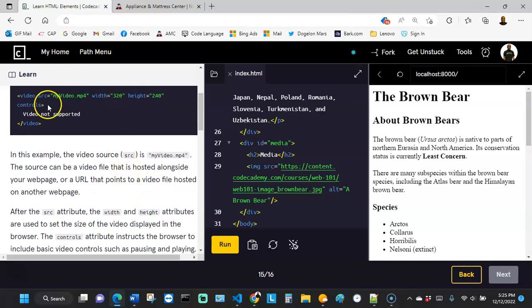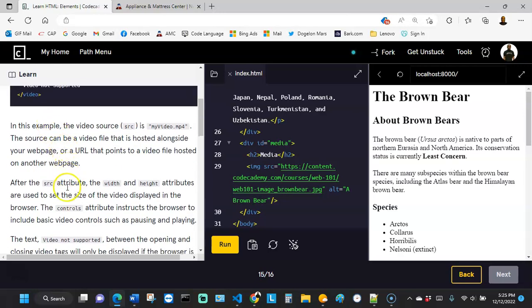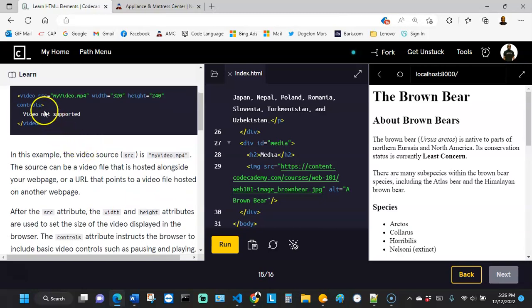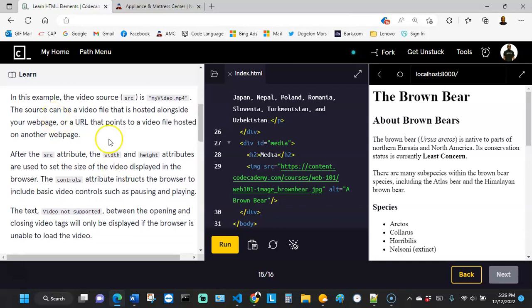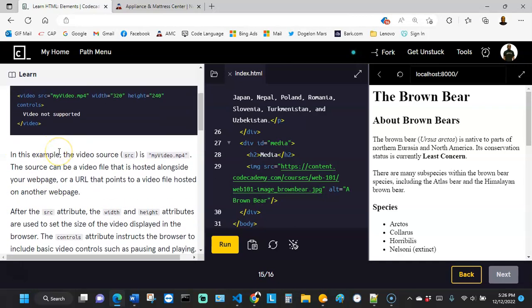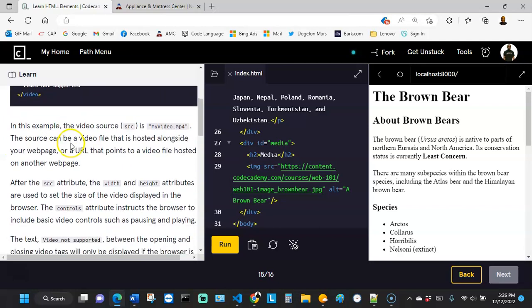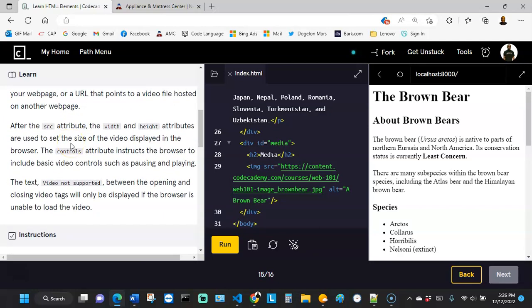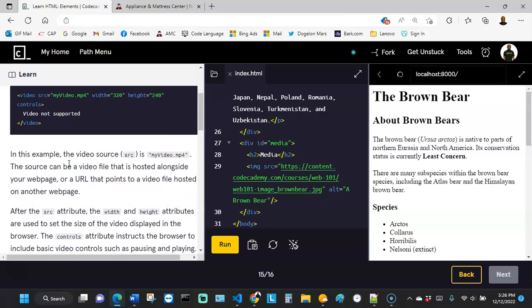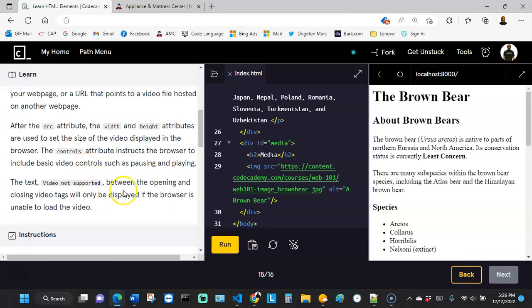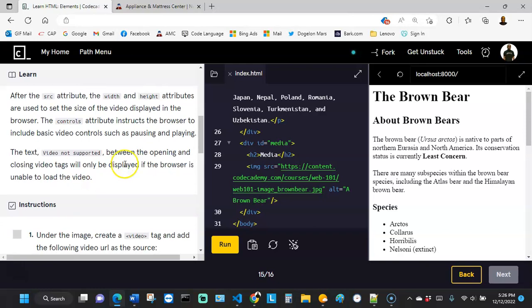The controls are kind of optional, but let's read here. It says the controls attribute instructs the browser to include basic video controls such as pausing and playing. Sometimes you may need to add controls. It depends on the use case or what website it is. Sometimes you can decide to hide the controls. The text "video not supported", we see that right over here, between the opening and the closing video tags, will only be displayed